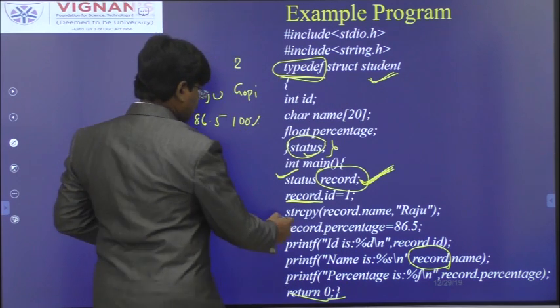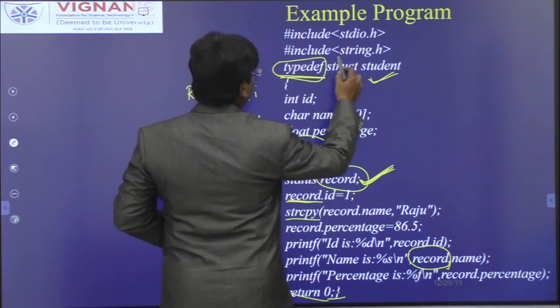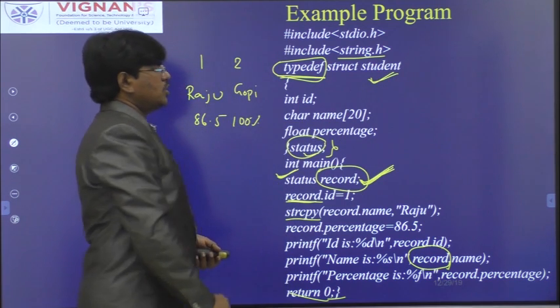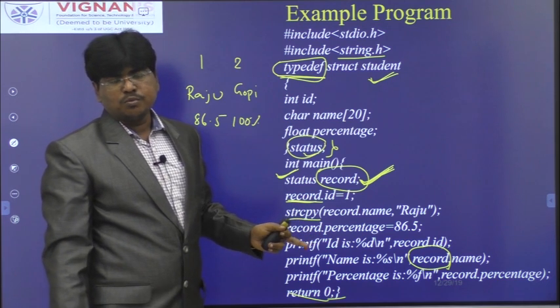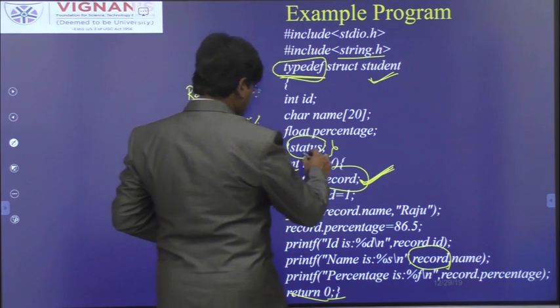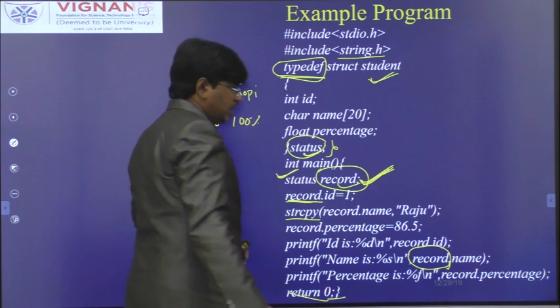So here I have used strcpy, that's why I have used string.h. Okay. So this program indicates that we are going to give some symbolic name to the structure variable status, that is nothing but record. So the definition of typedef